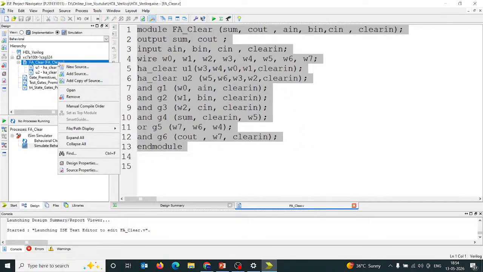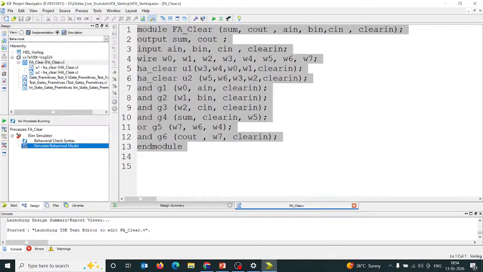So what I'll do here, I will click. So this is my design window, from here to here. It is divided into two: hierarchy and process. In hierarchy, you are getting all the files, and in process, basically, you are getting only